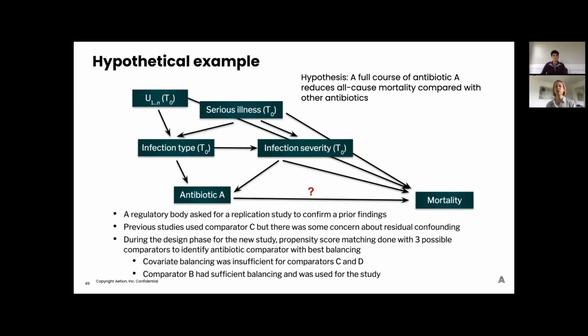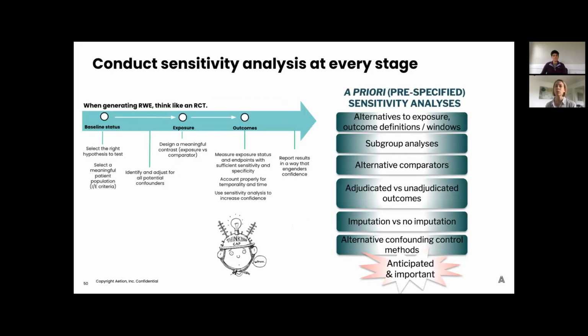The next place we can use sensitivity analysis is for a priori or pre-specified sensitivity analyses to occur at the time of analysis. And so this would be built into the protocol or the statistical analysis plan as you design your study. So this could include alternatives to the exposure and outcome definitions and windows, subgroup analyses, alternative comparators, adjudicated versus unadjudicated outcomes, imputation for missing data versus no imputation, alternative confounding control methods, and there are others. This is just an example, but the point here is that these are sensitivity analyses that you plan in advance